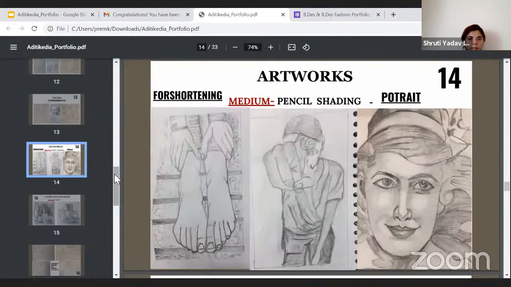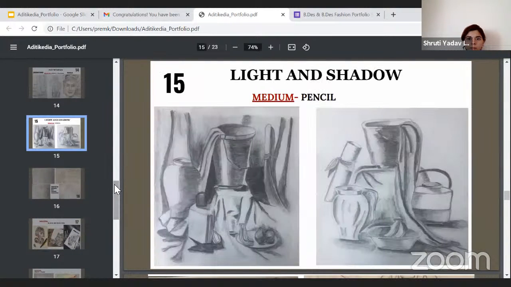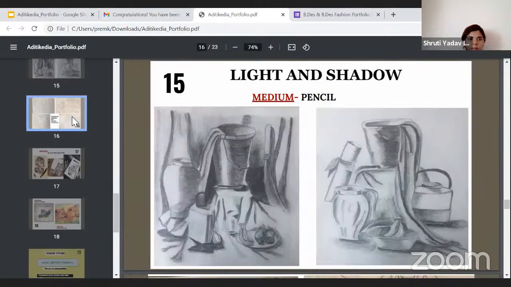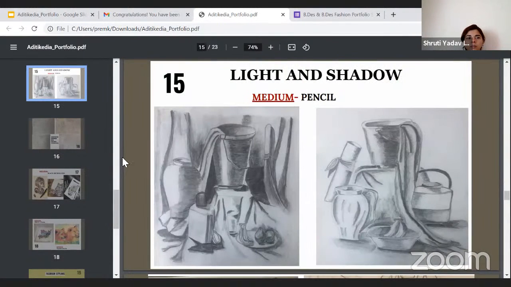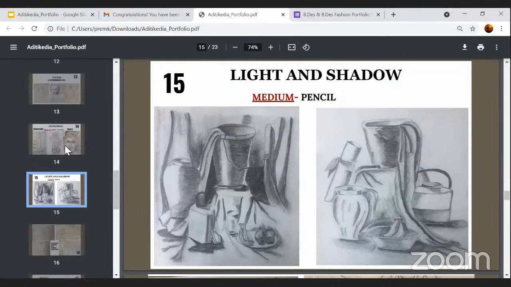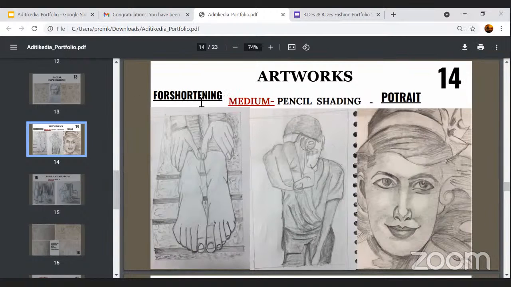Alright. So for the one where you mentioned foreshortening, you don't have to write foreshortening there. If they ask you about the illustration, then you can explain.